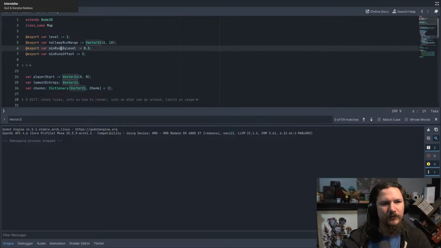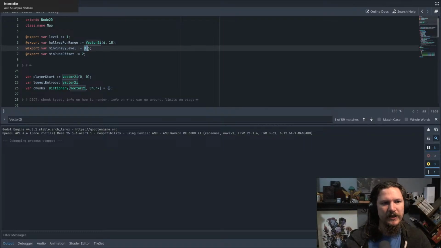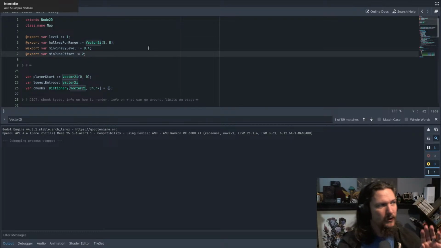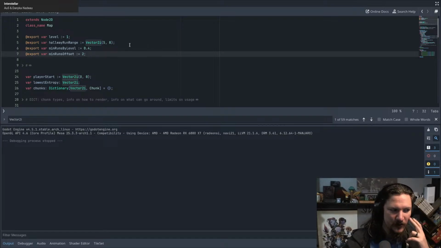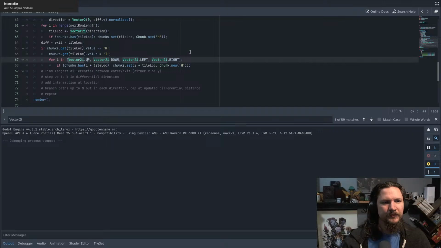So let's bring this down to 2 and set this at 0.4. We want this to be probably something like 5 to 8. I might even bring this down a little bit lower. Now let's leave it at that, because again, each of these tiles that we're rendering now will turn into a 3x3. The next thing we're going to do